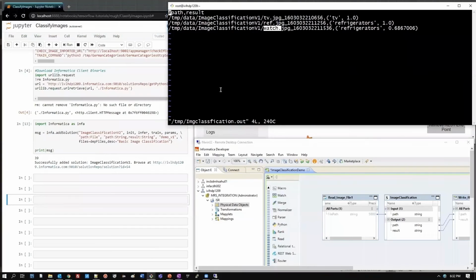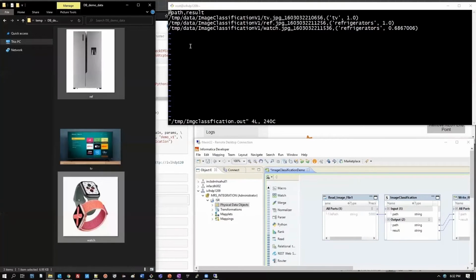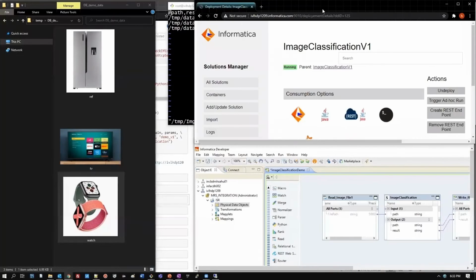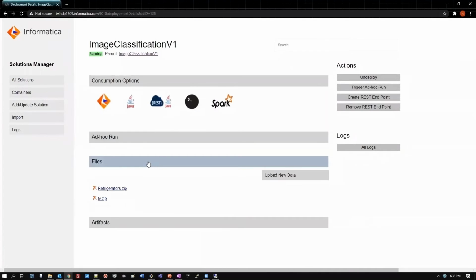This is the result that we got for the following input, where we are able to correctly predict television and refrigerator as television and refrigerator, but for watch, it is not able to predict correctly. It provides the classification as refrigerator with fairly low confidence. Now, this is because the training data that we used was only limited to television and refrigerator.